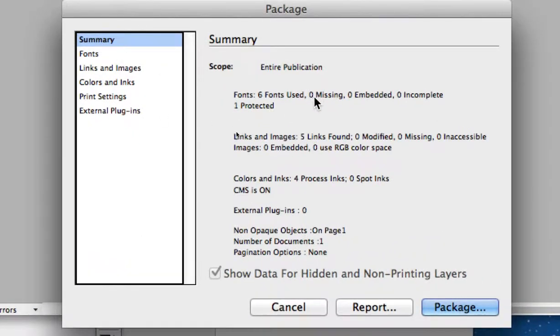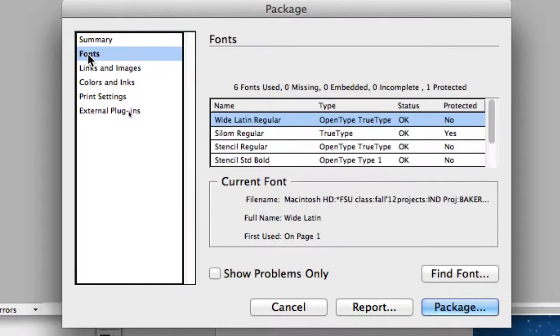The summary tells me no RGBs. I don't see any yellow or red warning signs. You can go and check your fonts. If there's a problem with a font, it would say there is a problem, or in this case, for